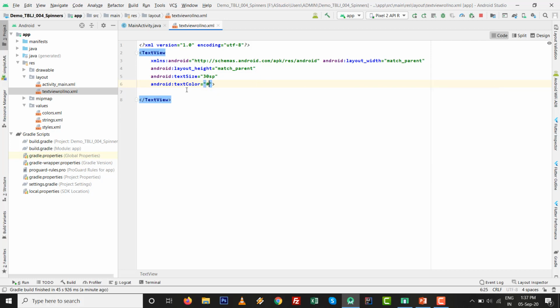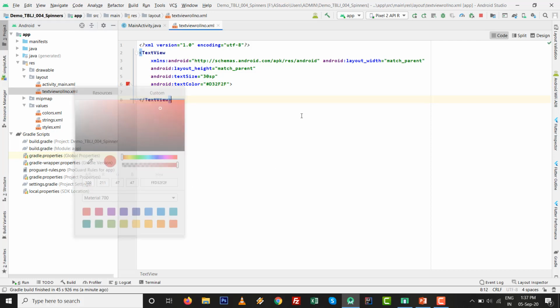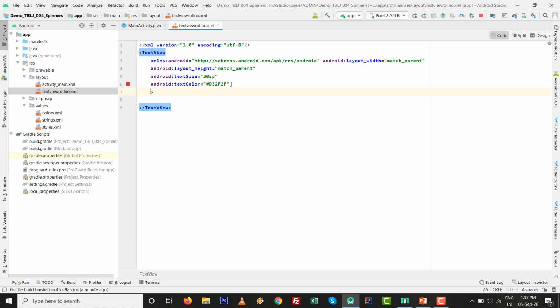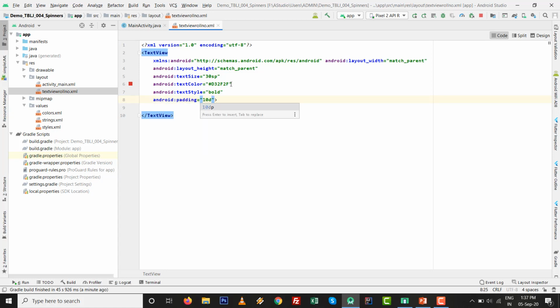So again first you can make it anywhere, and roll number color is red for our side, so I just make it red. And another thing, text style will be bold. After that padding, I want to set it with 10 dp. Okay, it is for the roll number.